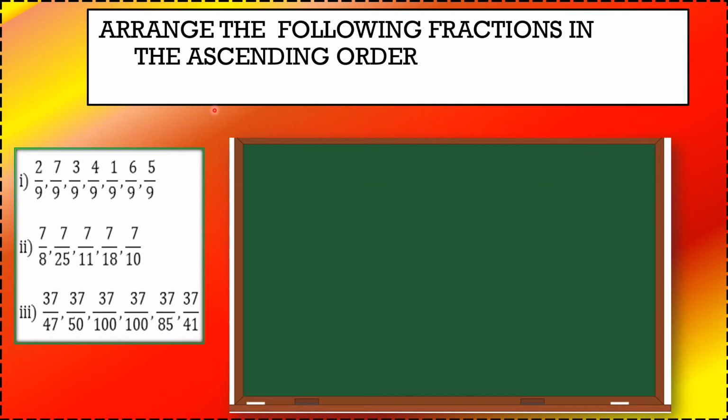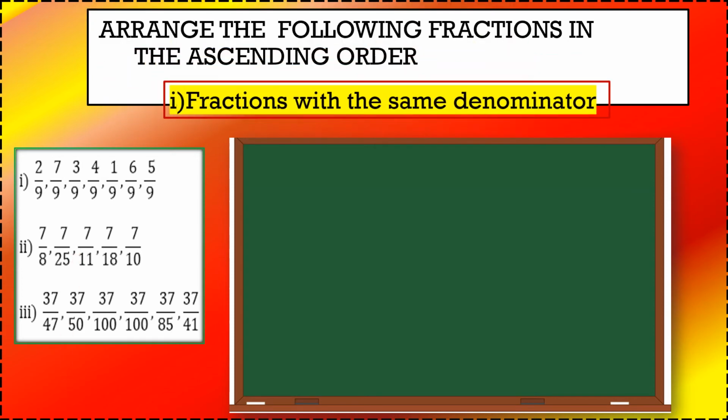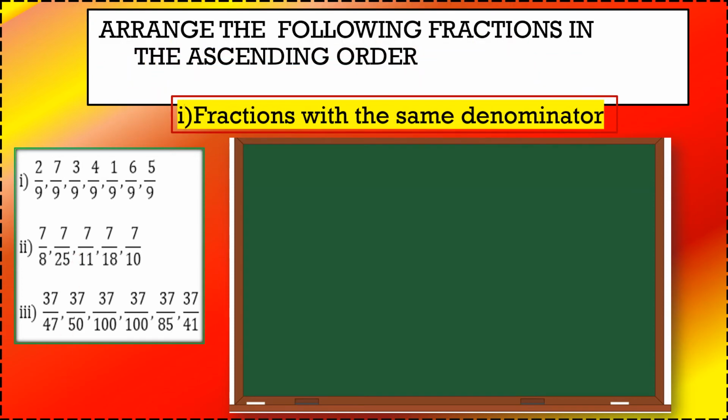And children, we started with simple, we were comparing two fractions, but now I'm sure that if I give you many fractions together, you will solve it like this. So let's do the first part of it. And children, what is the first part? Let's quickly write. The first part is, let me take my pen, and it is clearly, how many fractions are there? First, 1, 2, 3, 4, 5, 6, 7. So I have 7 fractions. So let me just quickly make now my 2, 3, 4, 5, 6 and 7.